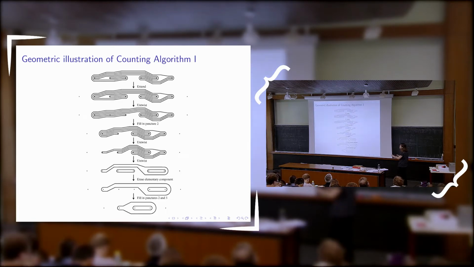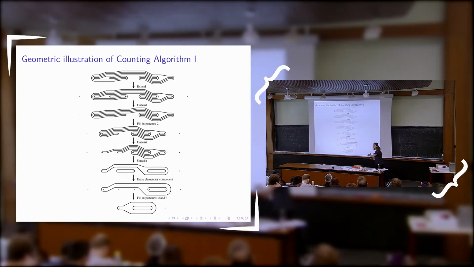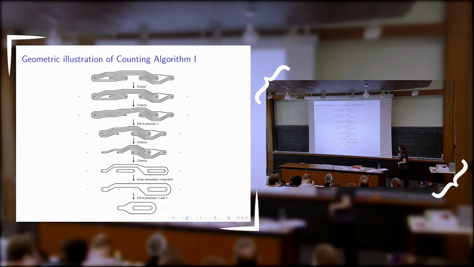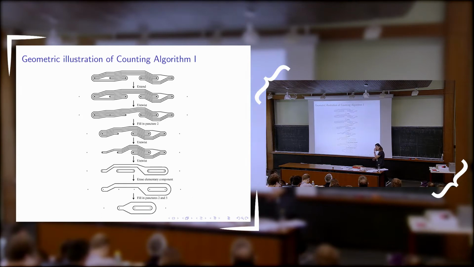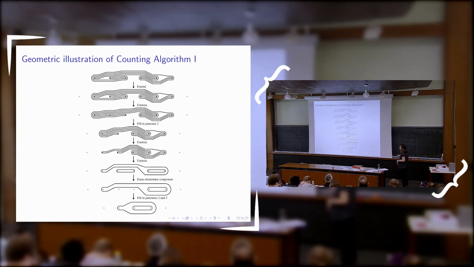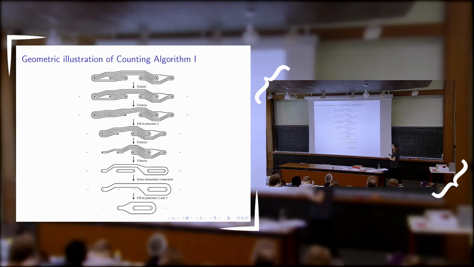But here is a geometric illustration of the counting algorithm, which is more clear. We have a multicurve in this particular example on the 6 times punctured disk. This is a multicurve, and we want to count the number of connected components of this multicurve, of course looking at the Dynnikov coordinates, but here is a geometric illustration. We extend the Dynnikov coordinate system. We add 2 dummy punctures on the surface, and then we seek the smallest I such that BI is